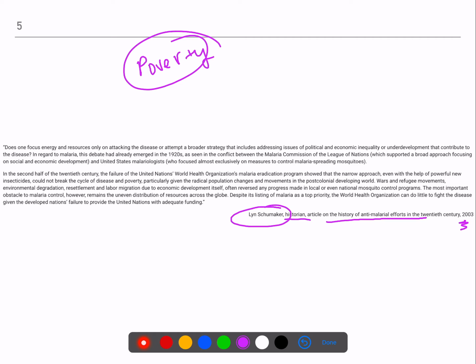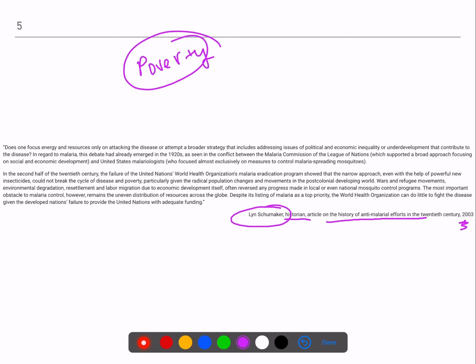In regard to malaria, this debate had already emerged in the 1920s, as seen in the conflict between the Malaria Commission of the League of Nations, which supported a broad approach focusing on social and economic development, and the United States malariologists, who focused almost exclusively on controlling malaria-spreading mosquitoes. In the second half of the 20th century, the failure of the United Nations World Health Organization's malaria eradication program showed that the narrow approach, even with the help of powerful new insecticides, could not break the cycle of disease